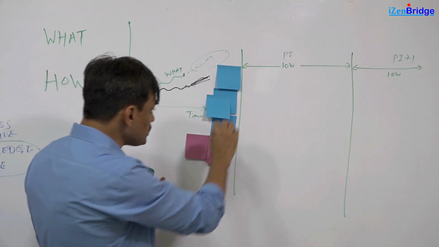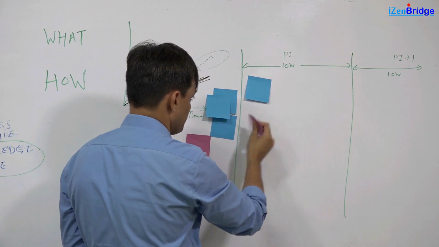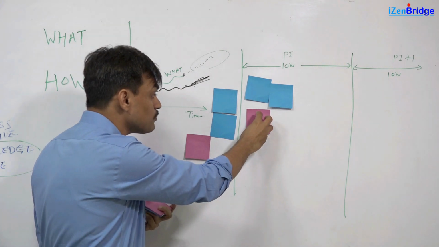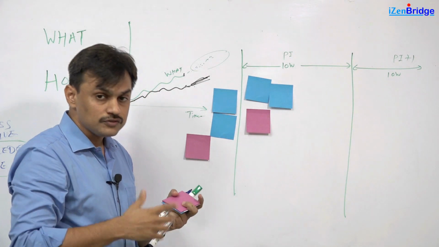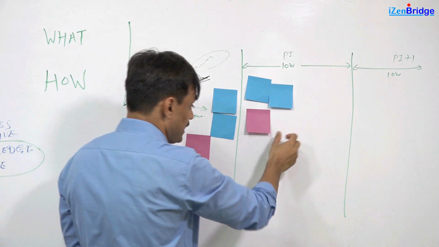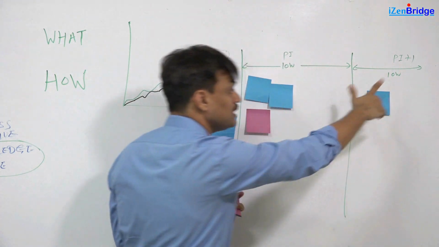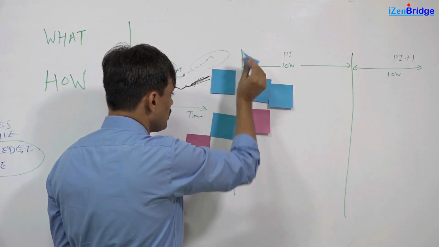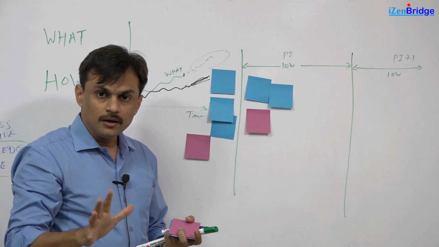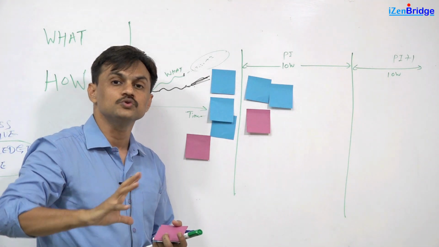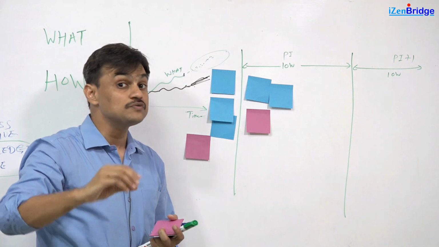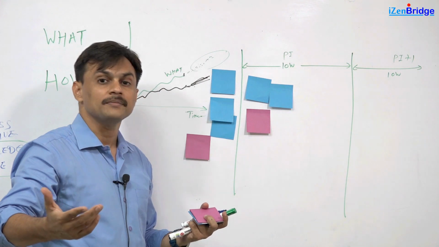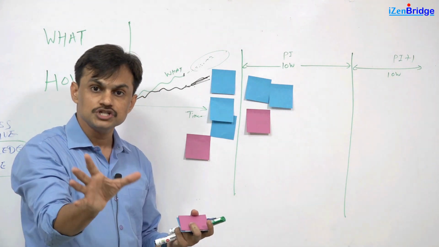So when we commit to a PI in a given program increment window, we not only pick up the business features, we also pick up some of the architectural features or some of the features which will help us in building the next feature in the next PI. So it is something like, you know that in the next program increment, you need to create some dashboards. But right now you want to understand how you are going to normalize or denormalize the data which can get consumed in the dashboard. Another example, in the next program increment, you have to prepare some search interface.